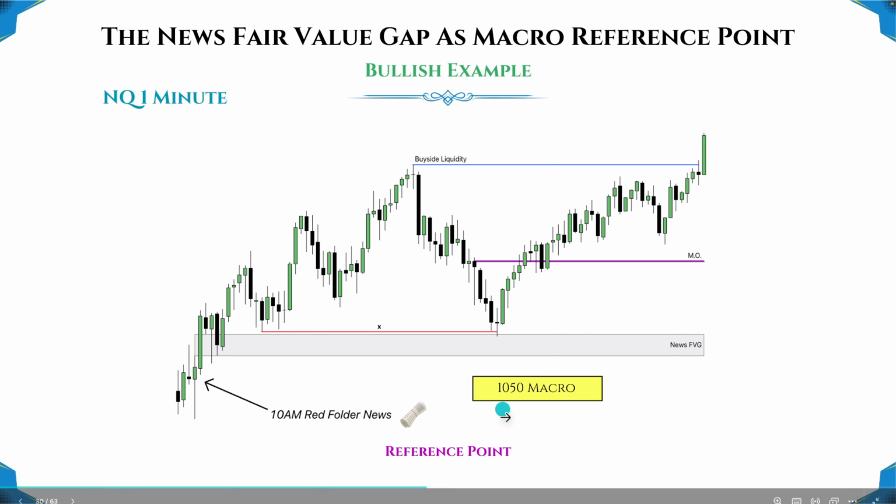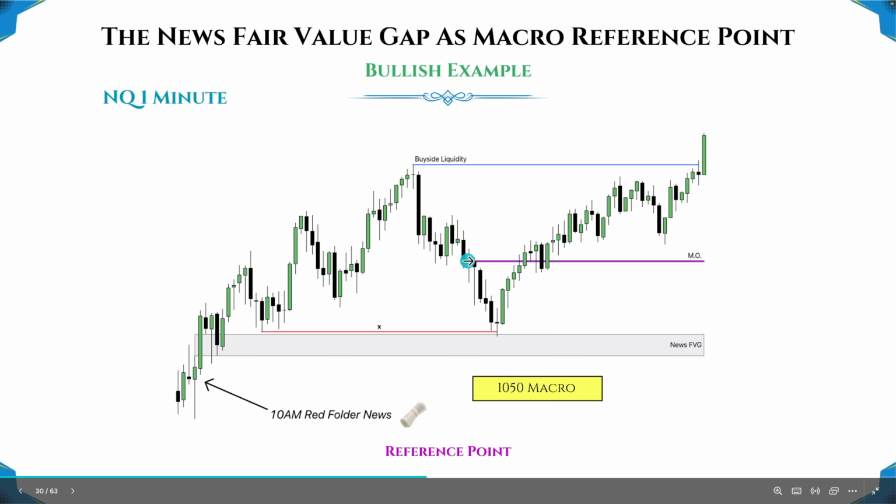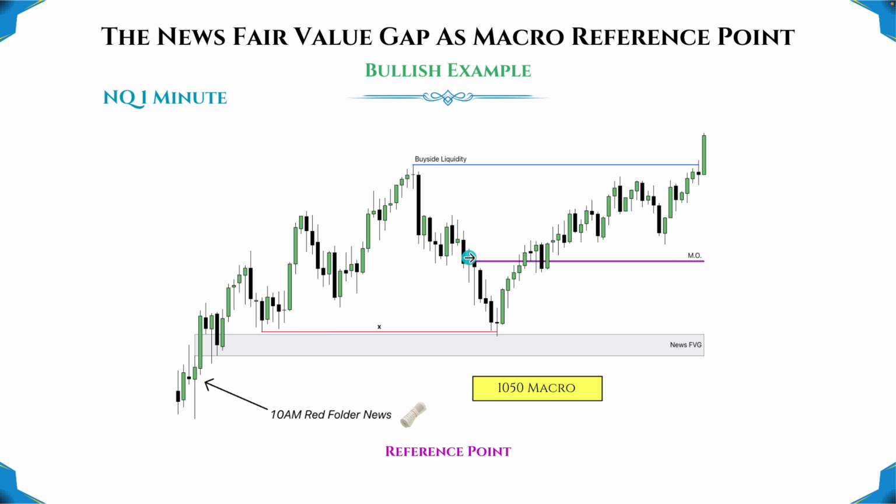We see the 1050 macro here. You see macro opening price, and we see price spool below, which is what we want to see for macro power 3, run sell side liquidity, and look at how it's referring, okay, during the macro to that 10 a.m. red folder news fair value gap. Okay, so you're seeing time meet price. Yes, this is a BISI or a bullish fair value gap,